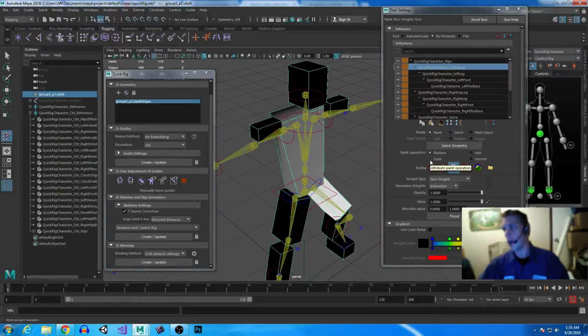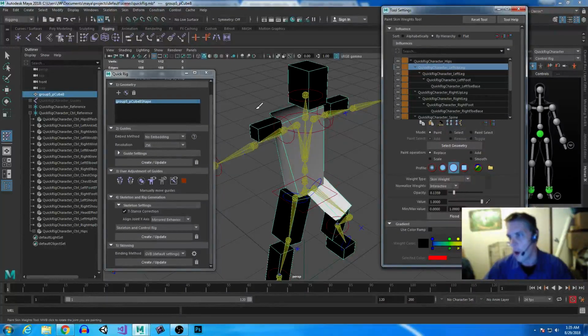If it's scale, it'll actually change the attributes by scaling them outwards. By hitting replace, whatever value you have down here will replace the current value right here. If you have add, so if the opacity right here is say 0.1 and this opacity right here is 0.5, then the new value will actually be 0.6359. With replace, however, which is what we're going to want, I'm sorry, we actually want opacity of 1